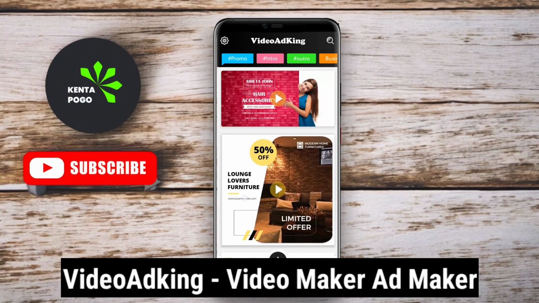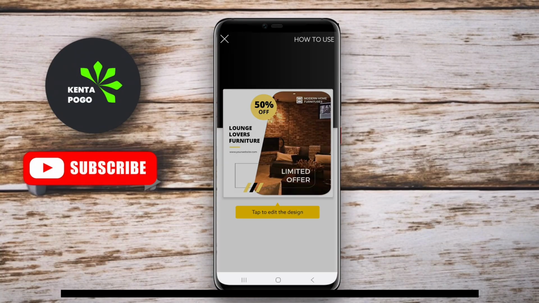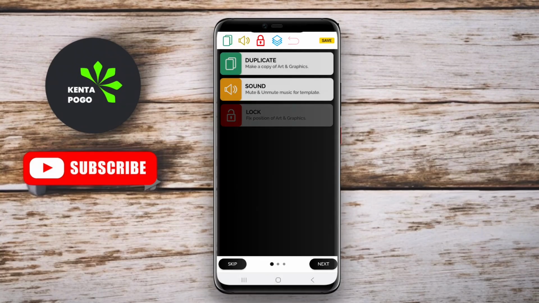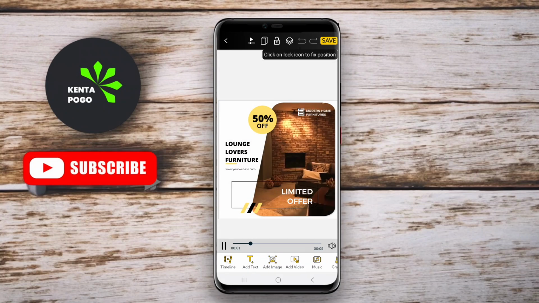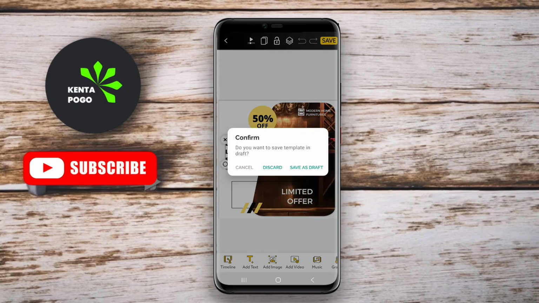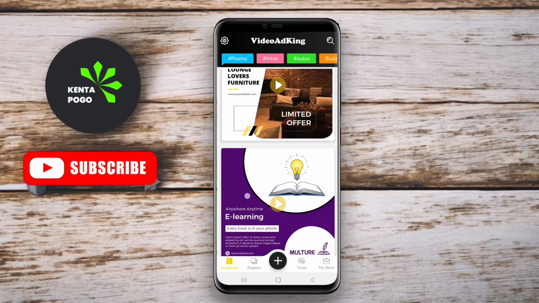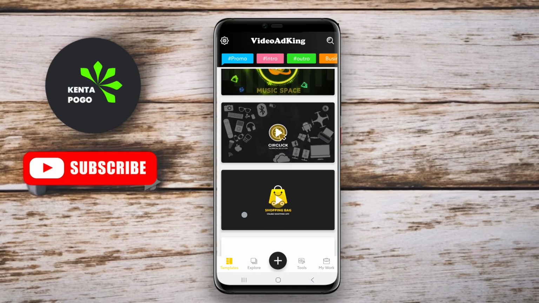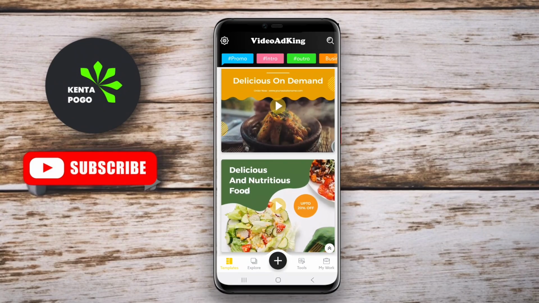VideoAdking Video Ad Maker. VideoAdking is a powerful and user-friendly app specifically designed for creating professional-quality video advertisements. The app offers a wide range of customizable templates tailored for various promotional needs, making it easy for users to create eye-catching ads. With features like text overlays, animated effects, and music integration, users can enhance their videos to grab